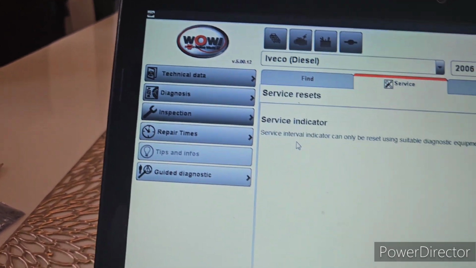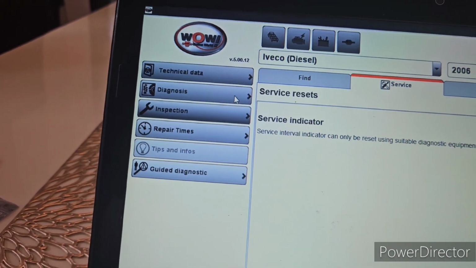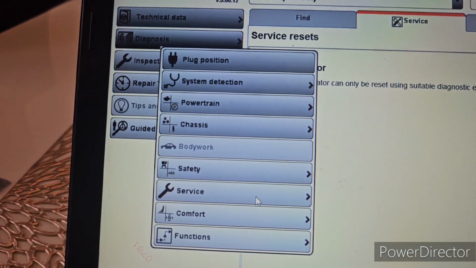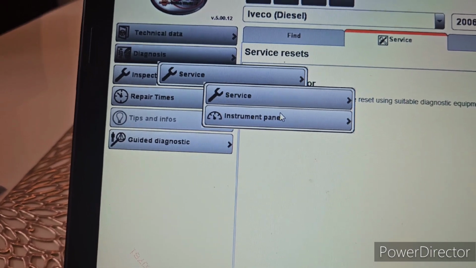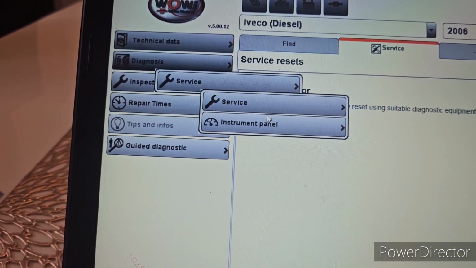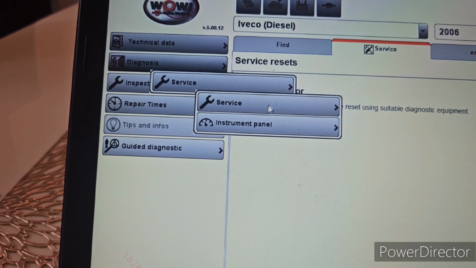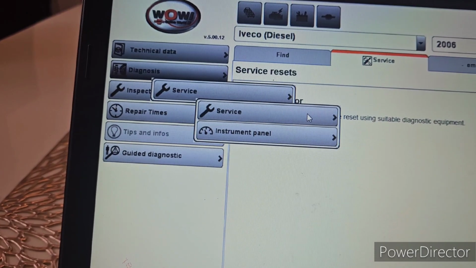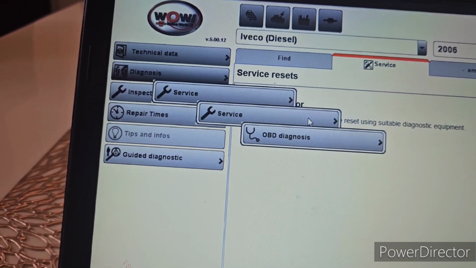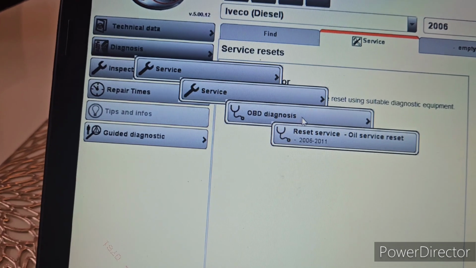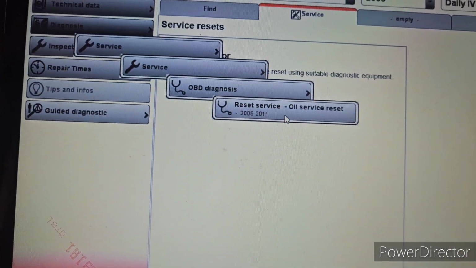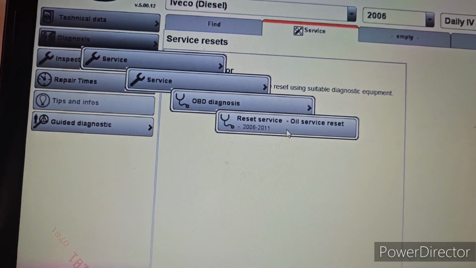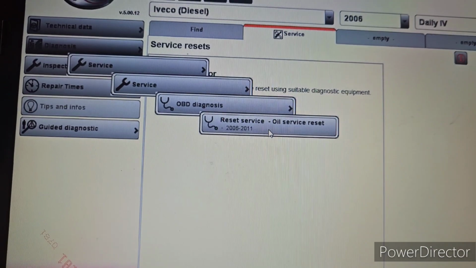Okay, guys, correction, I made a mistake explaining this one. So if you click the diagnostic and you go here in service, these two features, guys, are not intended for diagnostic. This is intended for resetting the service. For example, you do the service or change oil. If you click that button, you need to inform the computer that you did change oil, guys, because this particular model of vehicle